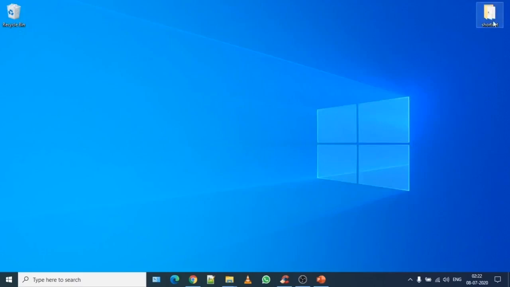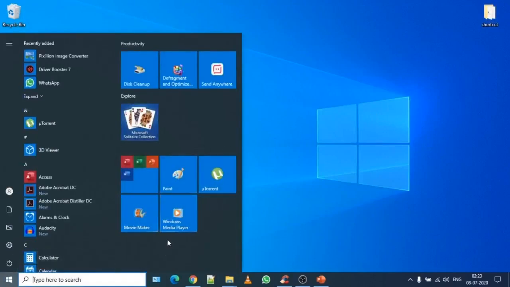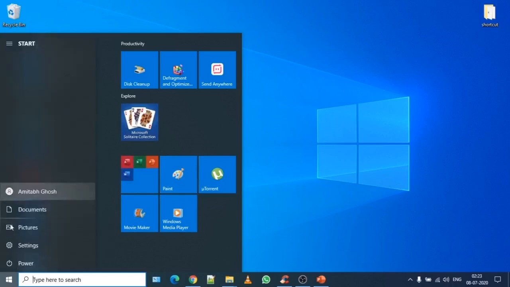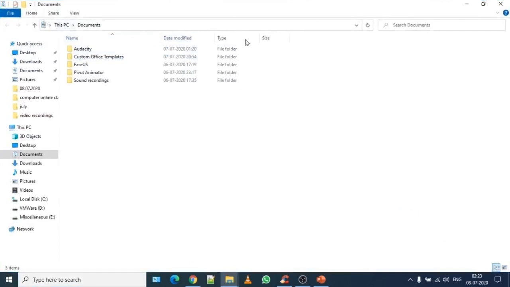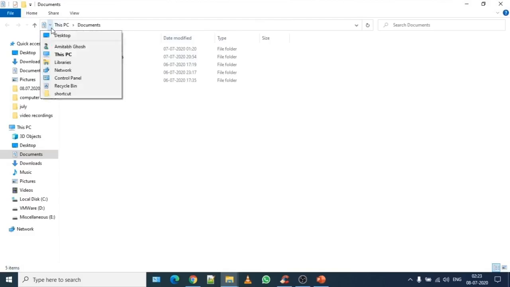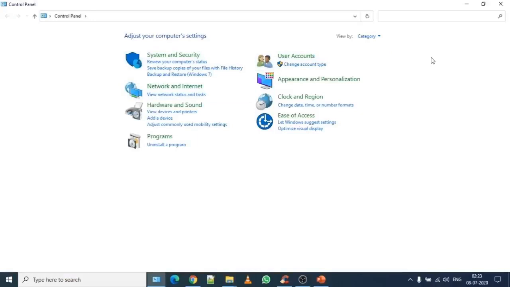The second option, as I said, is to go to control panel. In order to do that, in Windows 7 you have to click on start, and on the right portion of Windows 7 you'll find control panel. But in Windows 10 there are several options to go to control panel. On the extreme left side area, click on documents, and the document window will appear. Now in the address bar, at the corner, you'll find the forward arrow symbol. Click on it and it will show you a drop down list where you will find control panel. Click on control panel and the control panel window will open.